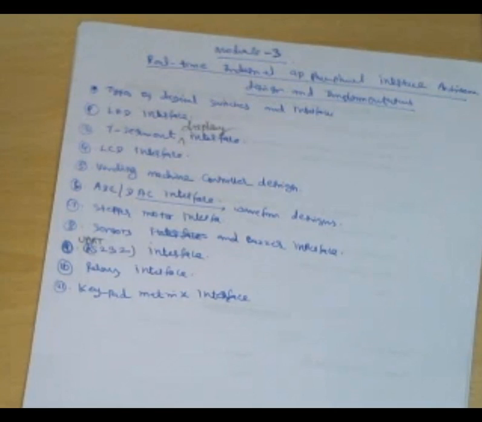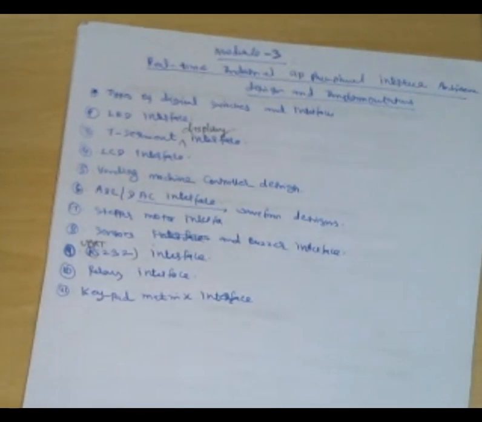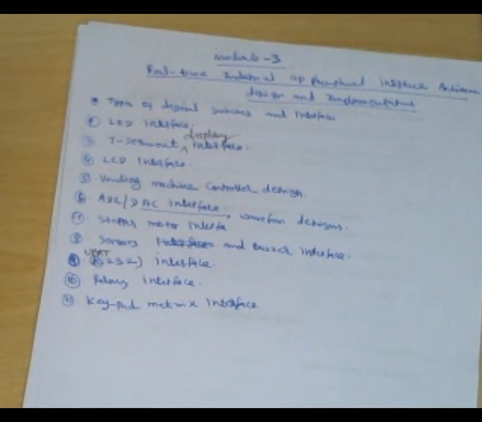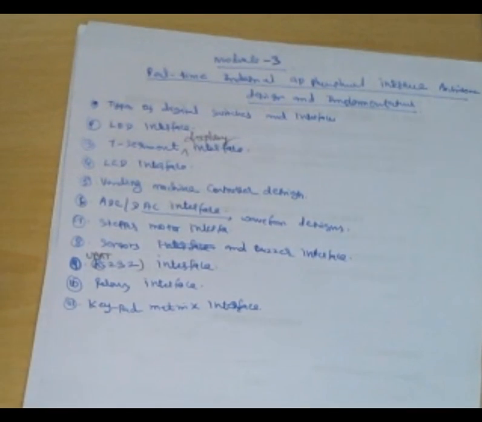Other than this, there are some more interfaces, but all those things will be covered in your DSP. Maybe they are called advanced interfaces, like computer keyboard interface, VGA interface, HDMI interface, Bluetooth interface, fiber optical interface, RF module interface, game port interface, USB interface, correct? No, parallel port. All those are mainly required for advanced display. Those topics are already included in the DSP course, right? So advanced industrial interfacing is there. In the next course we will cover all those things.